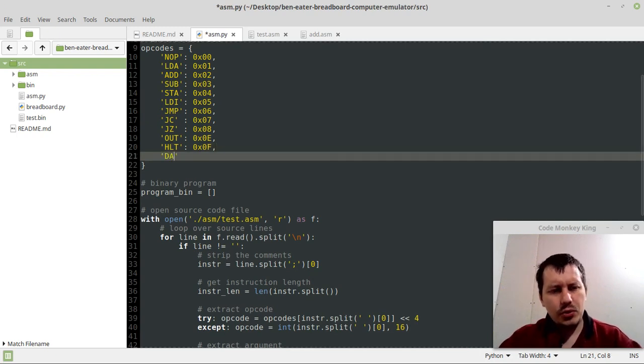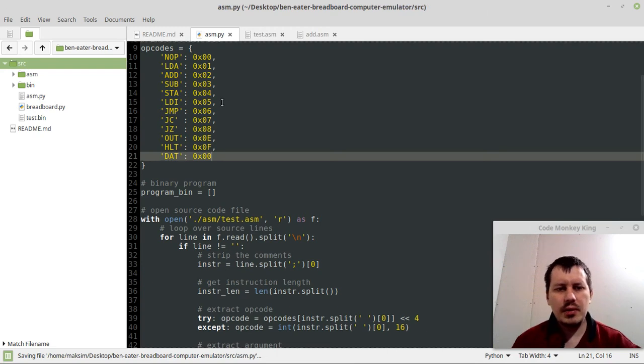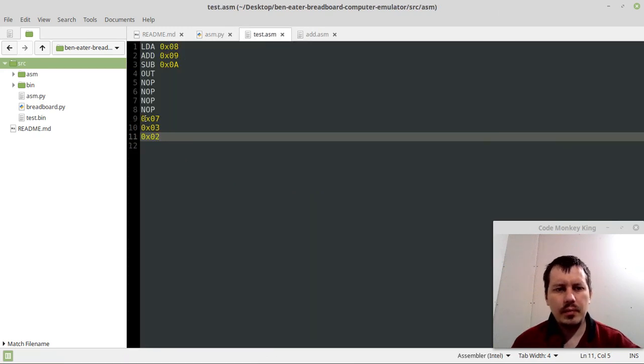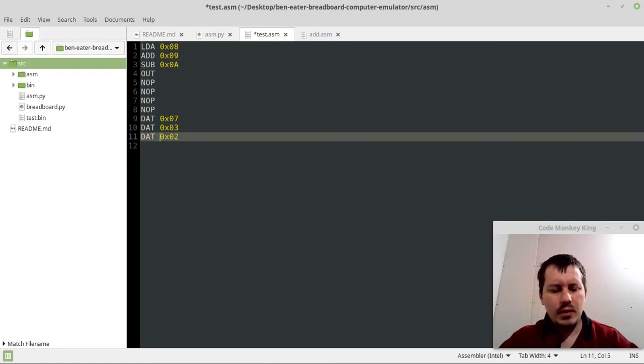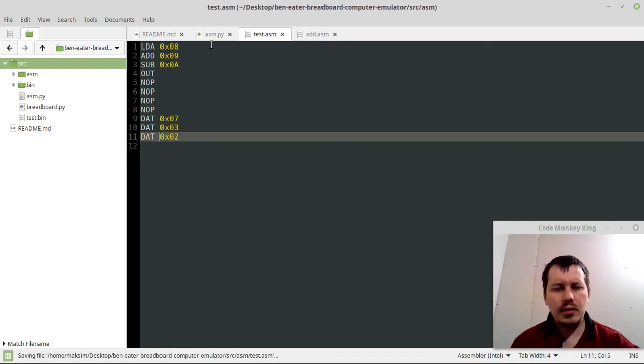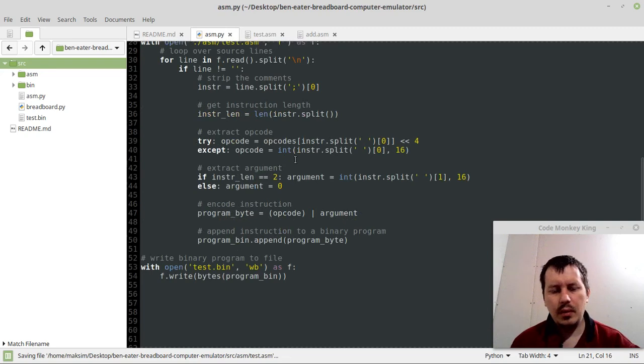Okay, let's try one experiment. So use the dat opcode here. Let's make it like this, like this, like this. It's not an instruction, it's just an assembly tool, an assembly-like keyword. And in this case,